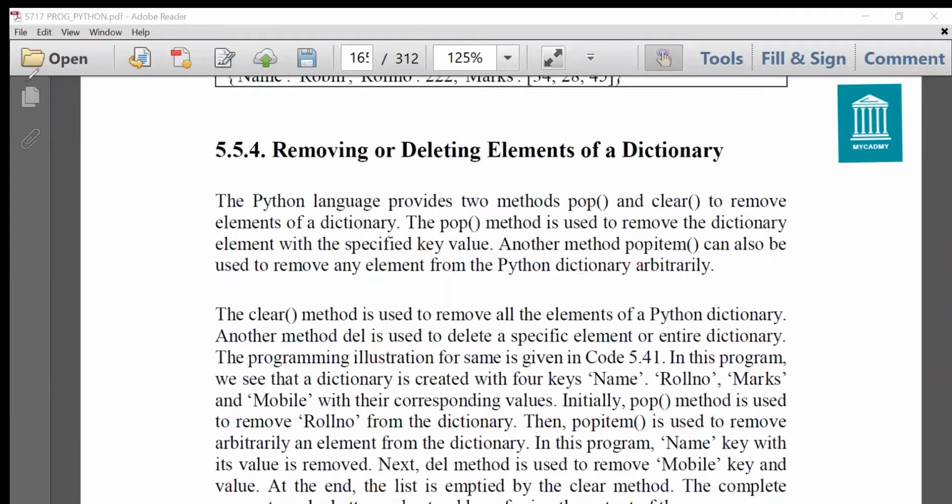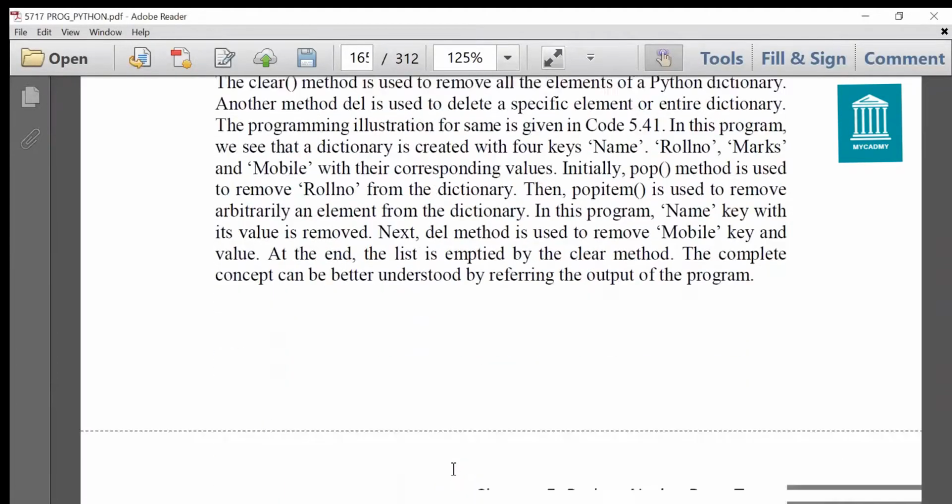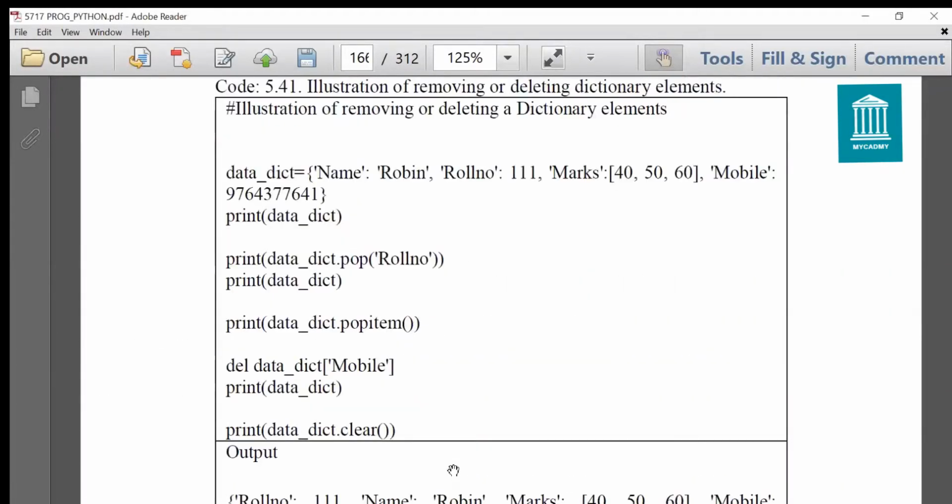So let's see through an example. Clear will remove all the elements of the dictionary. Data dict: name Robin, roll number 111, marks 40, 50, 60, and mobile number is this. So we have created this dictionary first of all, and then we have printed it. Now I want to pop roll number.